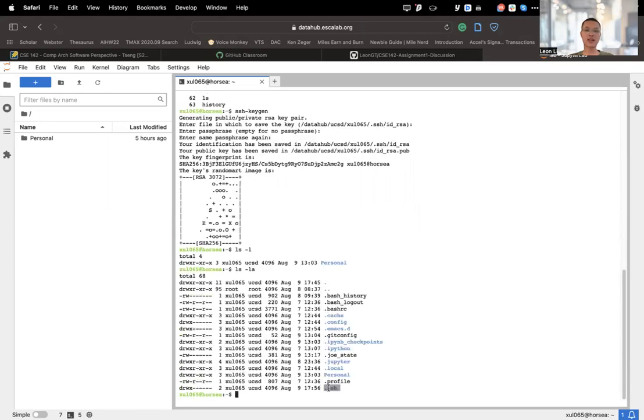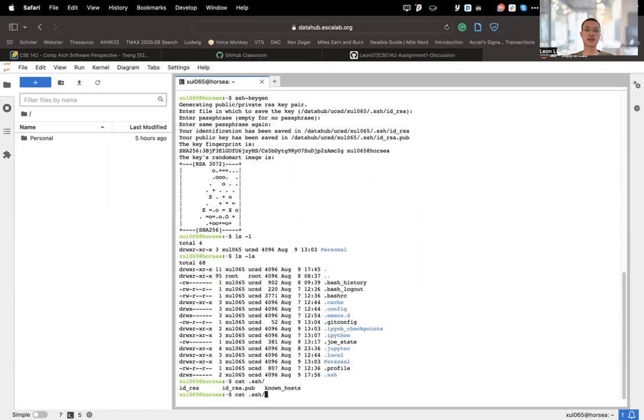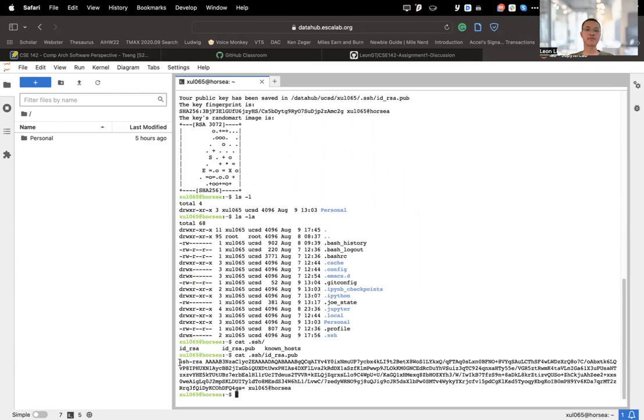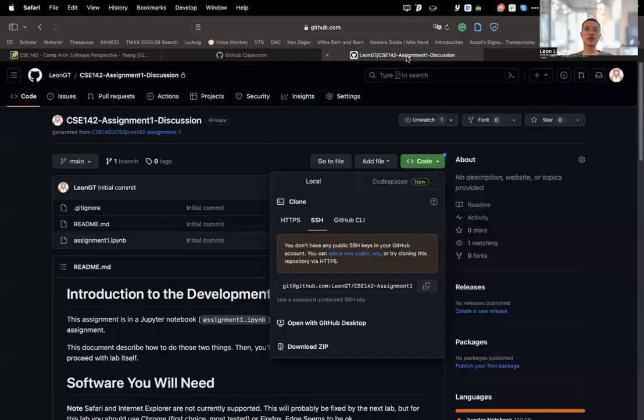there's a hidden directory called .ssh. Inside the .ssh, there are a couple of files, two important ones: id_rsa, which is the private key, and this .pub version, which is the public key. What we need to do is copy the whole public key file, .ssh/id_rsa.pub, to